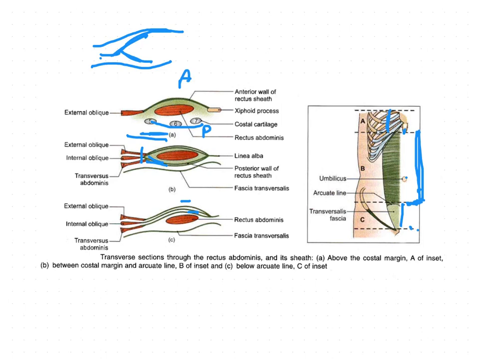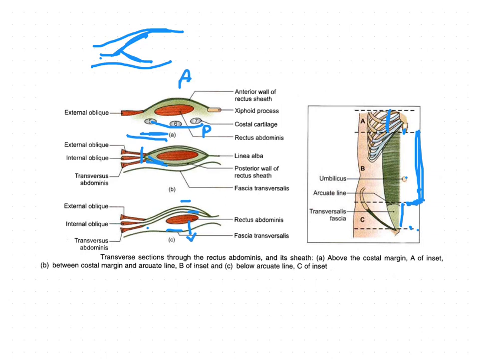All three muscle aponeuroses are taking part in the formation of the anterior wall, and then the posterior wall in this region is deficient. The posterior wall of the sheath is deficient in this region and the rectus muscle directly rests on